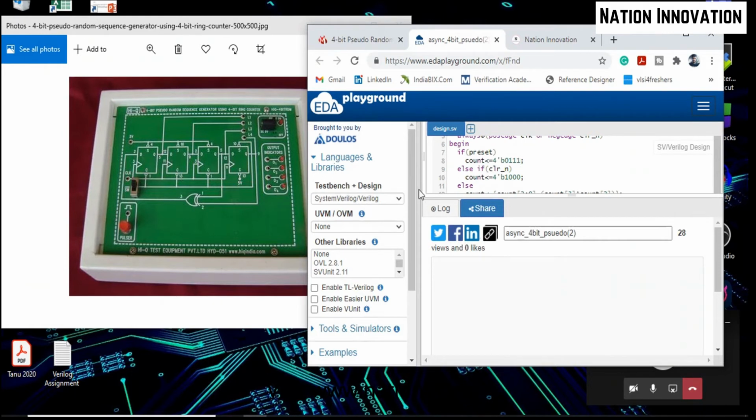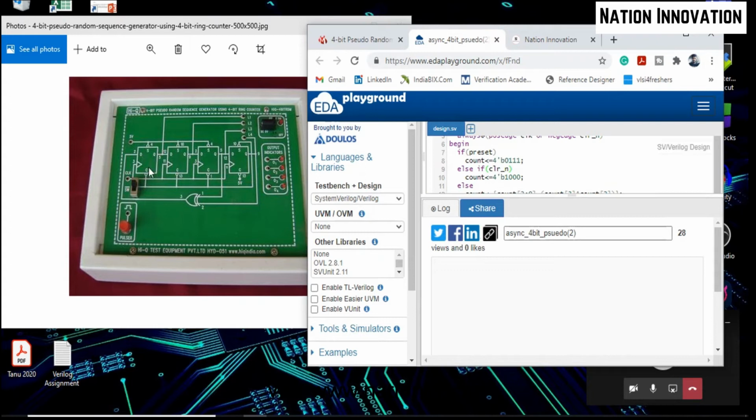So this is a preset state, and if we activate the clear, you are able to see that here we have not used posedge or negedge, because clear is not a positive edge triggered signal. It is level sensitive. There are two types of signals: level sensitive and edge sensitive. Edge sensitive are the positive edge and the negative edge, and level sensitive we represent basically as low or high.